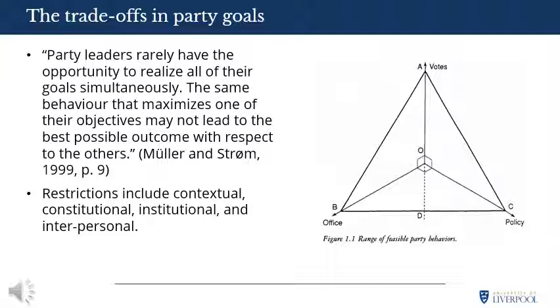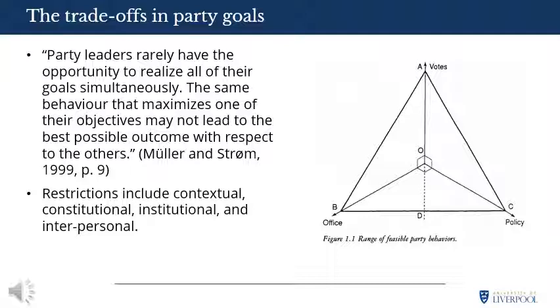Again, there are such easy examples. The Lib Dems after the 2010 to 15 coalition with the Conservatives, or the liberal German FDP party, who saw their support drop after going into coalition with Angela Merkel's CDU, CSU. Policies can conflict with winning votes and office as well. So, for example, the Liberal Democrat, I keep coming back to the Lib Dems, somebody should. The Lib Dems policy of revoking Article 50 and stopping Brexit alienated a lot of milder Remainers because it was seen as anti-democratic, but only fired up a smaller proportion of their base.